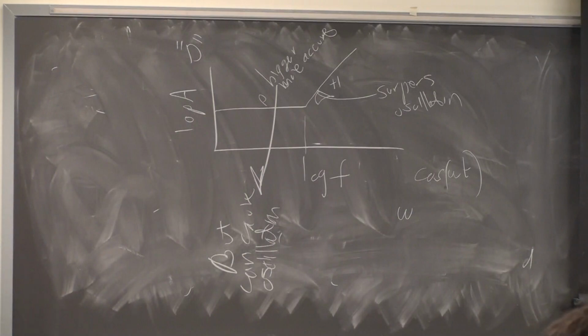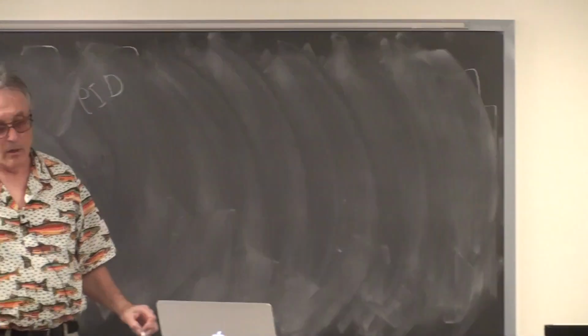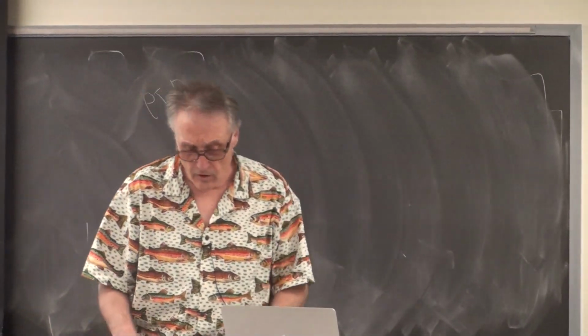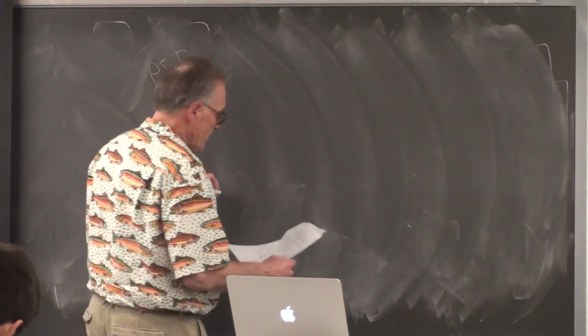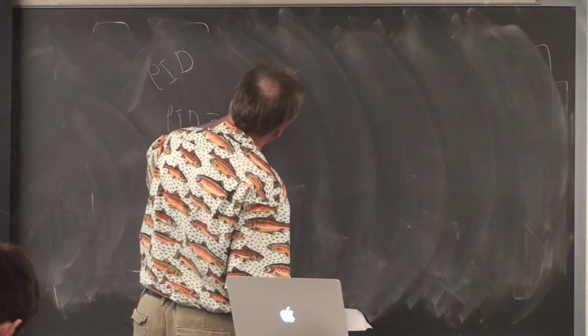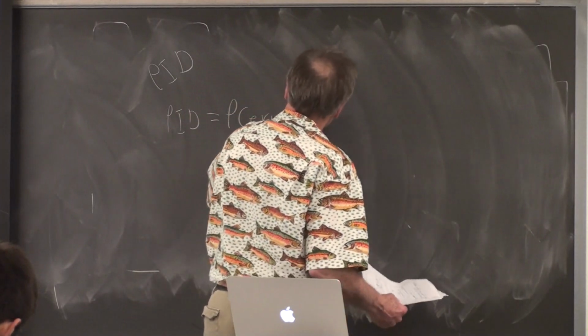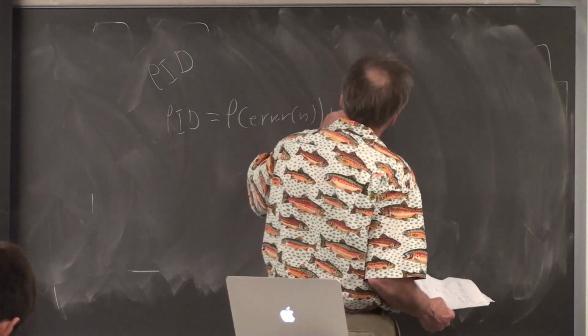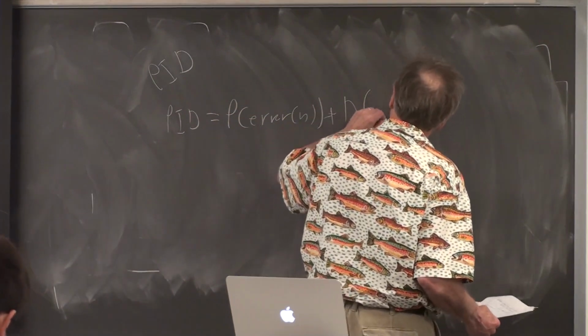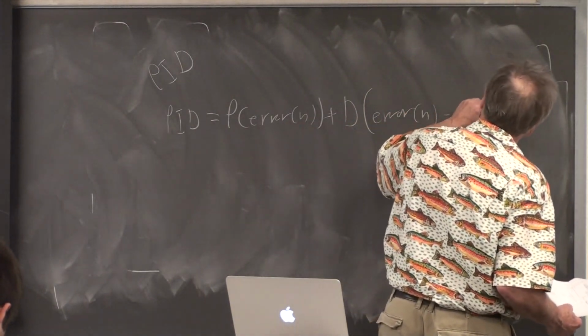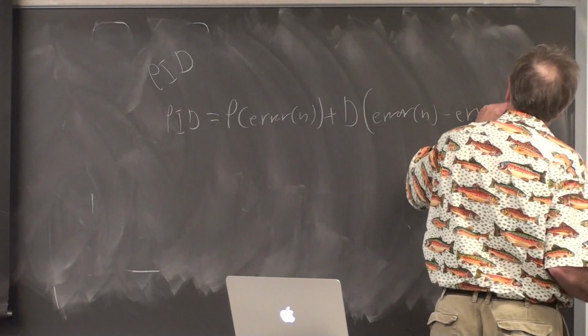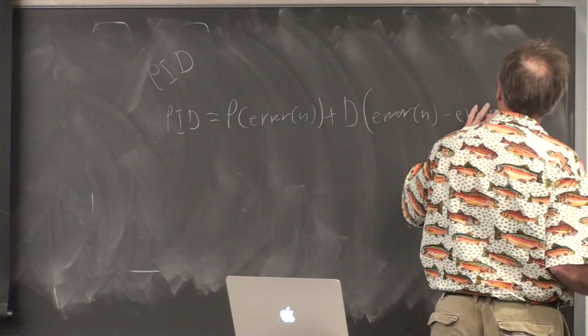So let's zero in on the PID algorithm then. I'm just going to write this out, and then we'll go through it in more gory detail. So the PID function that we're going to use is going to be P times the error at time n plus D times the derivative of the error. So that would be the error at time n minus the error at time n minus x, where you get to choose x,